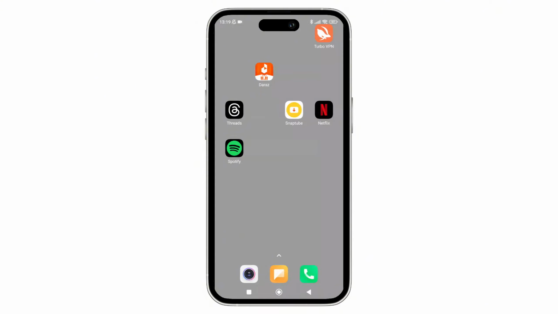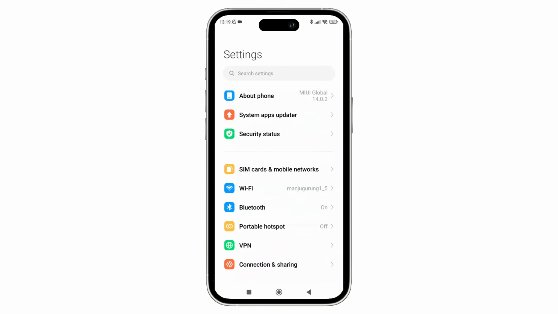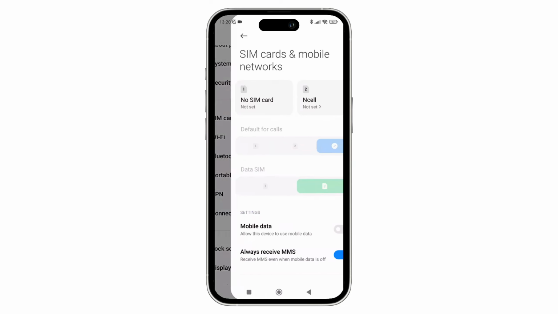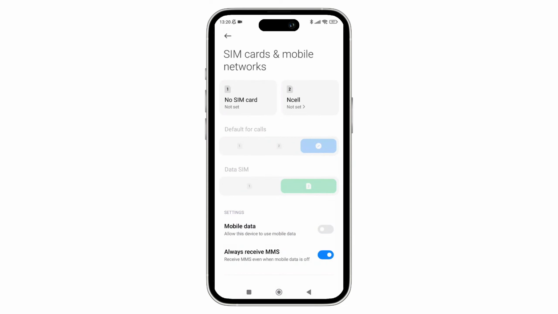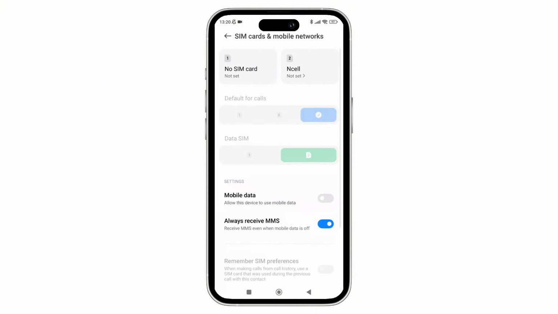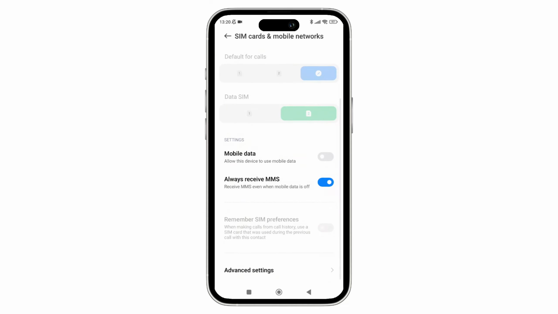And with that, moving forward to step 4, that is to select the network manually. Simply open settings, and once you're inside the settings, scroll down, and there you have to tap on SIM cards and mobile networks. And now in this section, scroll down, and there you have to tap on